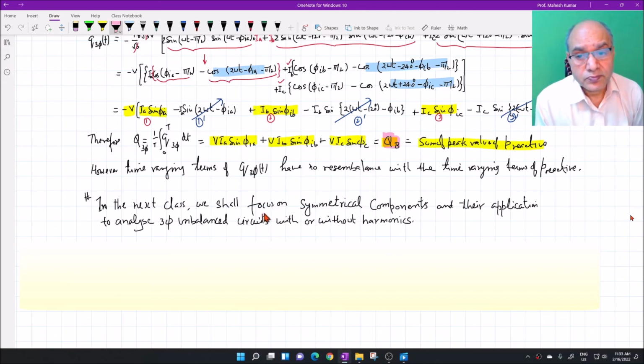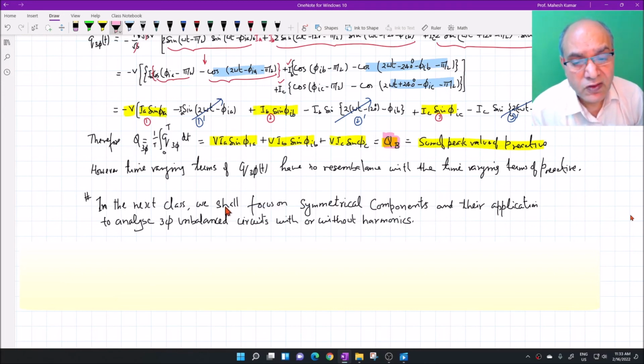Now these concepts are very useful to understand the power flow phenomena in the power system, and these kinds of concepts are used to compensate three-phase systems in distribution or in any part of the power system. However, before we apply them, we need to understand their nature. That's why we were discussing all these concepts. And even though there is a mismatch of concept between the instantaneous reactive power and conventional reactive power, still this concept is very widely used for the compensation of reactive power in active power filters.